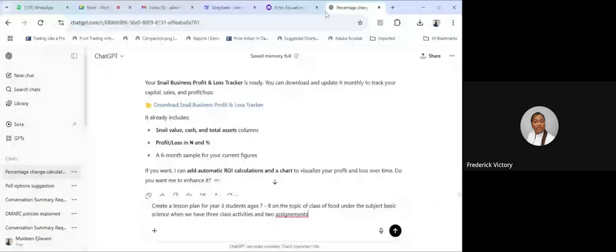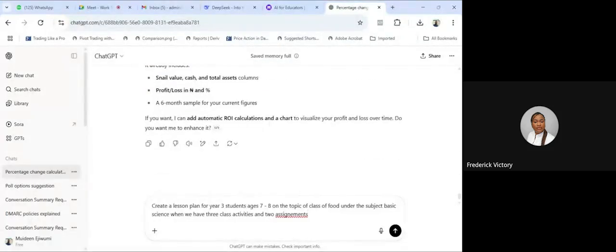Now, the lesson should include at least 3 engaging activities for each stage, time allocations, materials needed, collaboration, creativity, and clear learning objectives aligned with 21st century skills. So the format should be an easy to follow structure and include 2 interactive assessments. So that was the prompt that I typed in my ChatGPT.